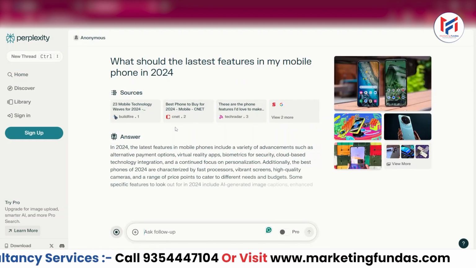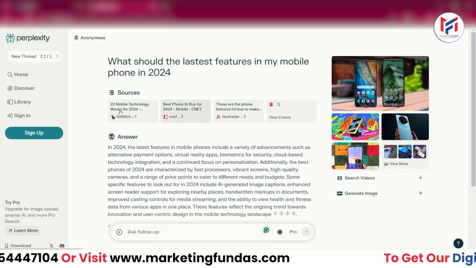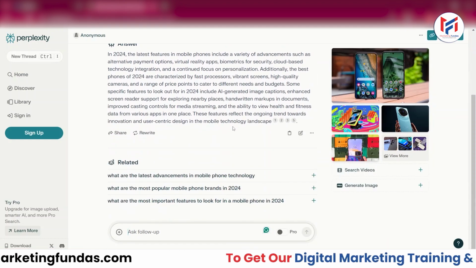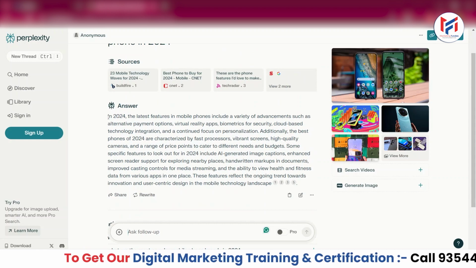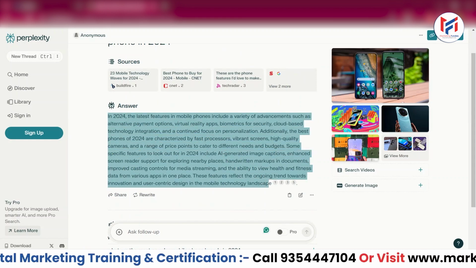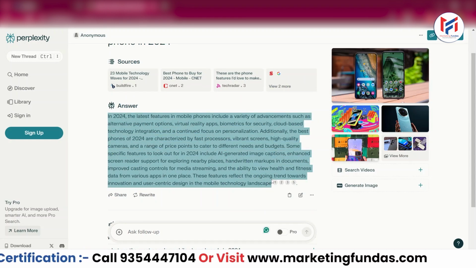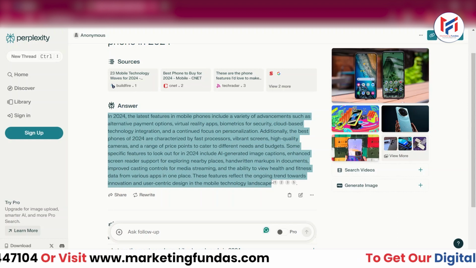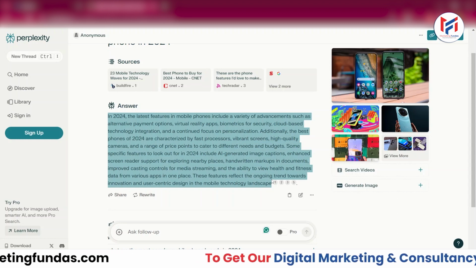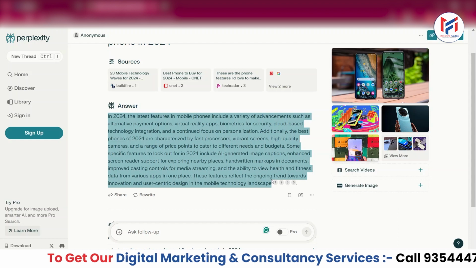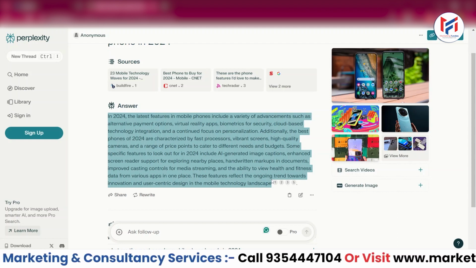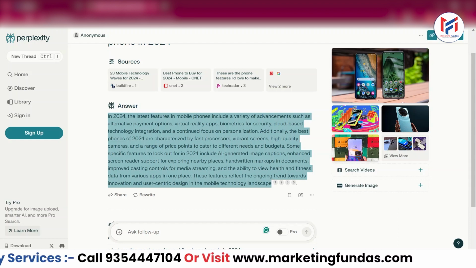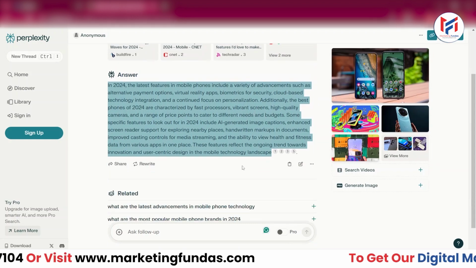Now here you will be able to see the answer, and the best part is it provides you the sources as well. But as I told you, it provides pretty short, to the point responses, and that is what Perplexity is known for. If you want pretty to the point responses, then you can use Perplexity,